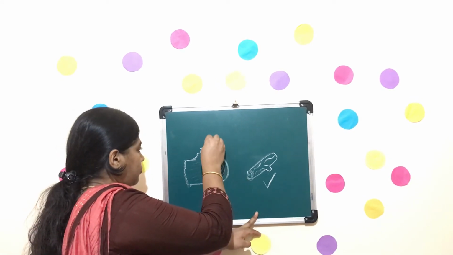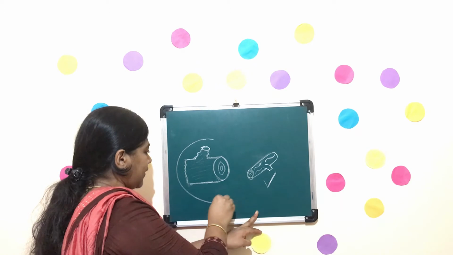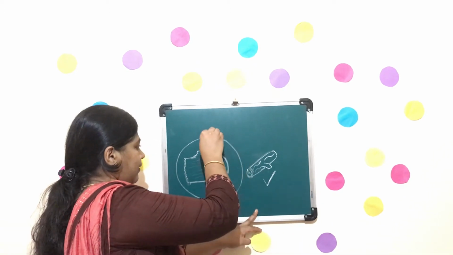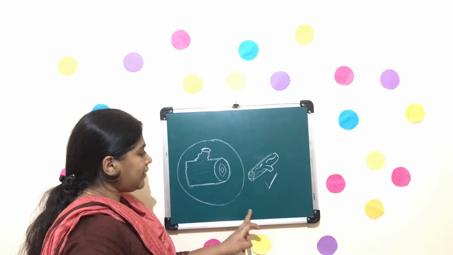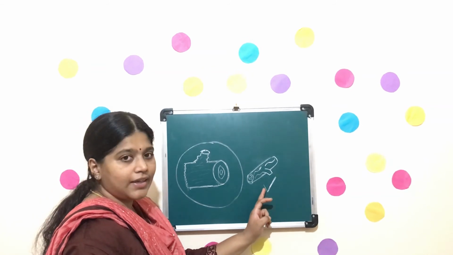So I have to circle this. Correct? Thick and thin. I hope you understood the concept of thick and thin. So whenever you take any object in your hand, you will be able to compare it as thick or thin,